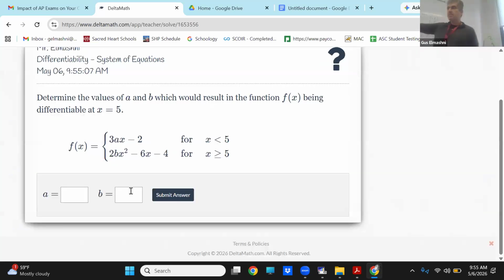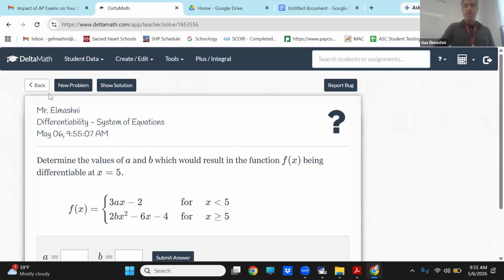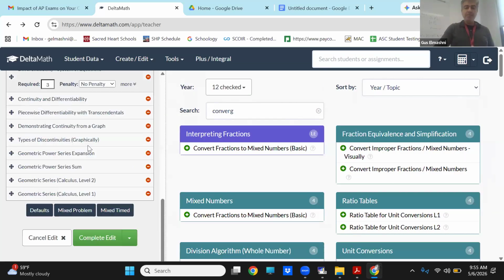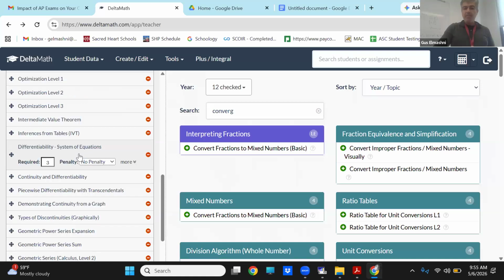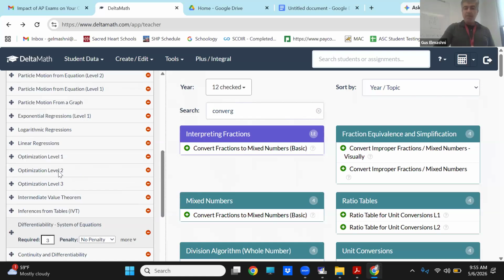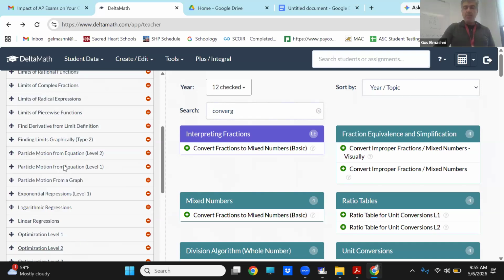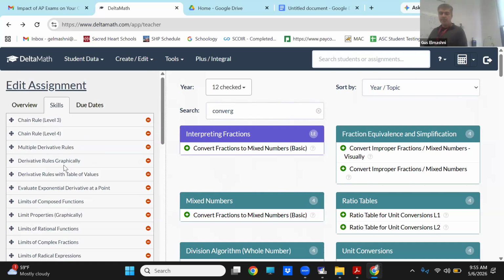Like this stuff here. Remember this stuff? You want to practice that? Go for it. It's infinite. Just keep going. Keep practicing as much as you want. Have fun with it. Because if you're differentiable, you're going to be continuous as well, so you've got to look at continuity as well. Some stuff on geometric power series, more series. I may add more stuff, I don't know yet. There's more optimization practice too. So yeah, this is a pretty comprehensive review.